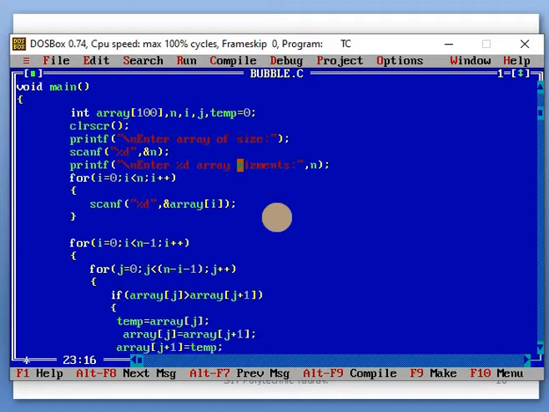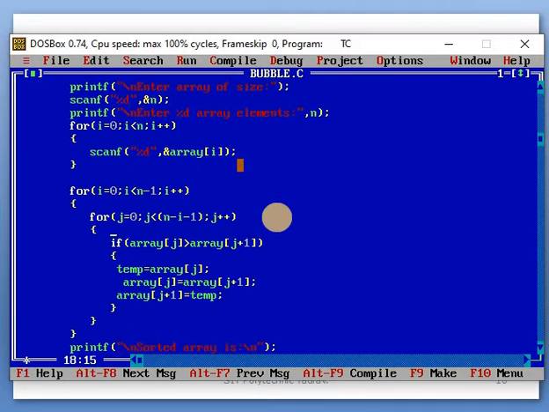After that, this is the test condition. In that, first check i equals 0, i less than n minus 1, i plus plus. If the condition is true, then execute the inner part. In that for loop, again we check n minus i minus 1 is true. Then we check the 0th position. A of j means the 0th position, and array of j plus 1 means the first position. If the 0th position is greater than the first position, then swap those numbers. Okay, this is repeated as long as the condition is true.